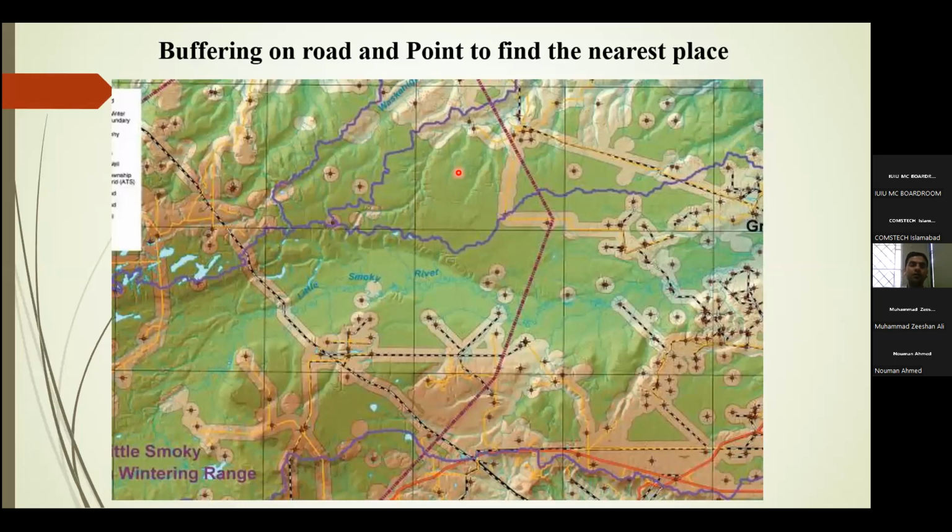That is buffering on the road and points to find the nearest place. So basically they have applied the buffer zone on the road network and also on the point base, where, for example, this is the settlement. So they want to know about the nearest area, or, if I can say, some monitoring